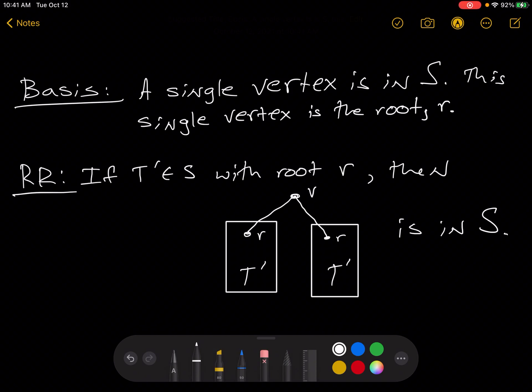Here we have another recursive definition, this time for a set S of trees. Now the recursive rule here, I've actually just drawn the picture of what is to be done. I think that's almost easier to see what it's saying than to sort through all the words. In words, what it would say